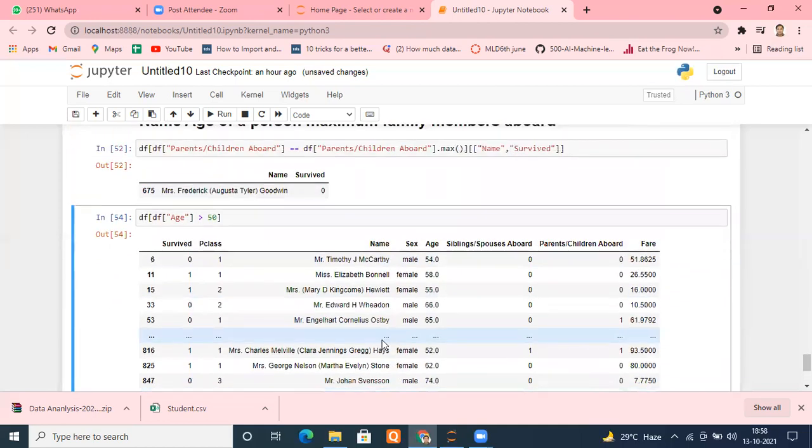Okay. Now let's change. Now, suppose the criteria is, I want to know those people having age above 50 and they were traveling in the passenger class 1. Both things simultaneously. Are you getting what I'm saying? Show me the data of those people who are above 50 and traveling in passenger class 1. So means two conditions need to be checked simultaneously.